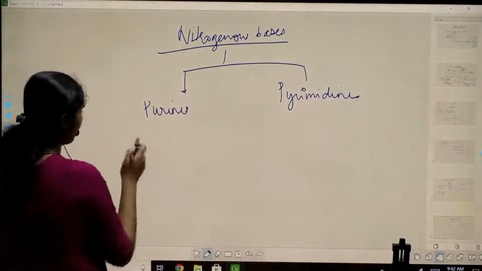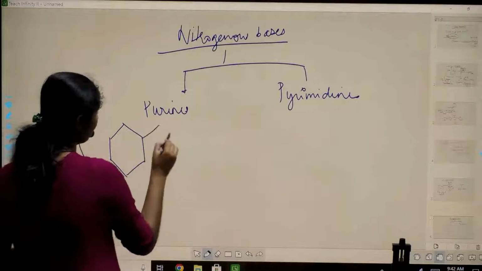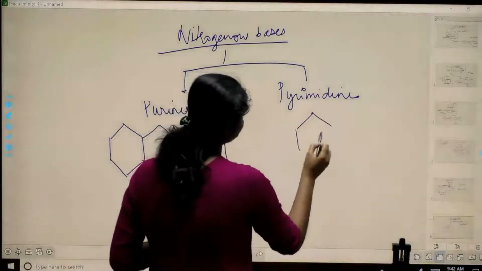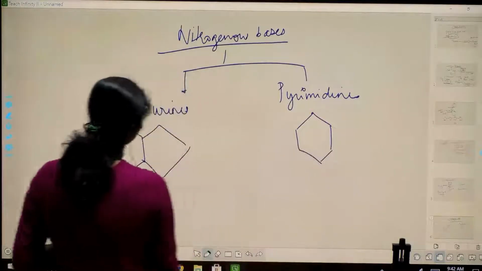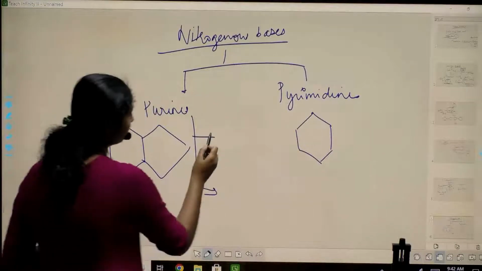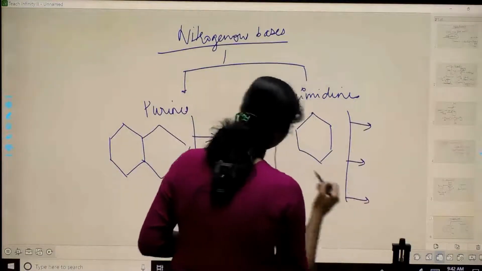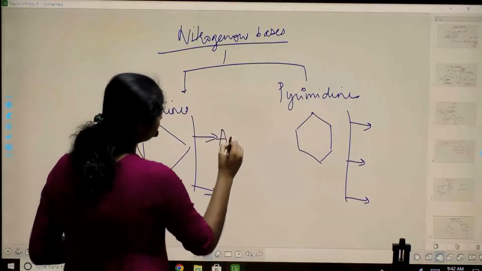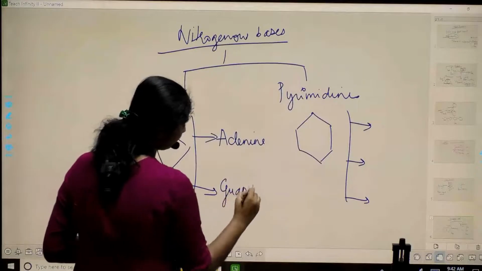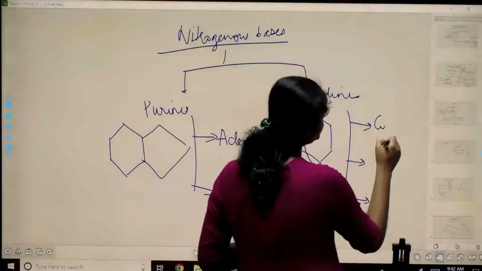Purines are heavier as they are comprised of a 6-membered ring and a 5-membered ring, whereas pyrimidines are comprised of just a 6-membered ring. Now purines are of two types, whereas pyrimidines are of three types. The two types of purines are adenine and guanine. Whereas pyrimidines are of three types, we have cytosine,